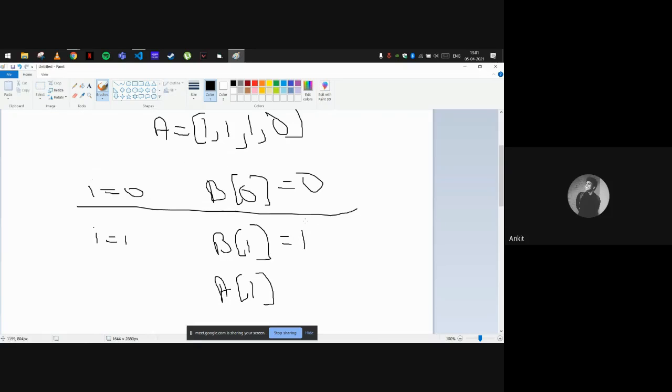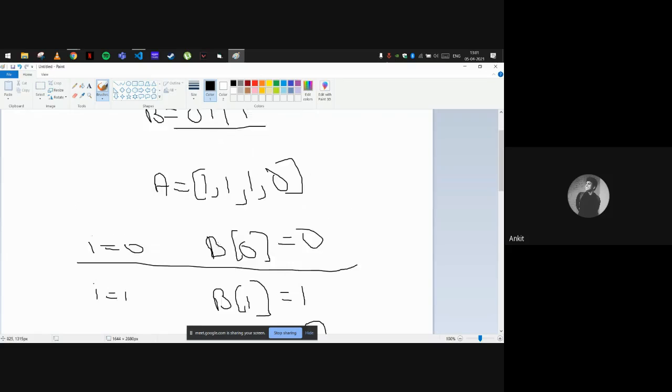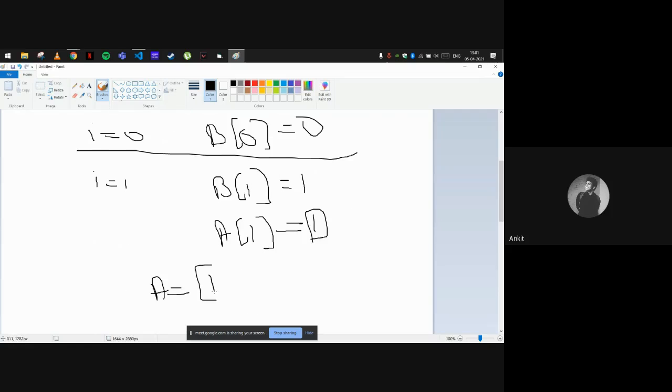It is 1. So we will take the complement of this. So our new string will be 1, 0, 0, 1, and 0.